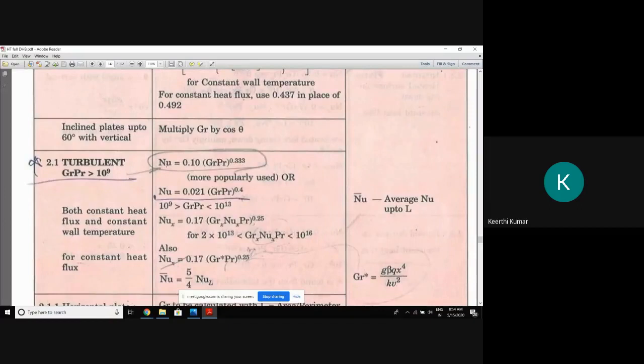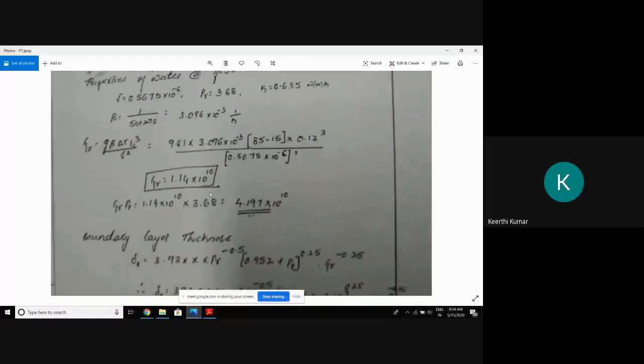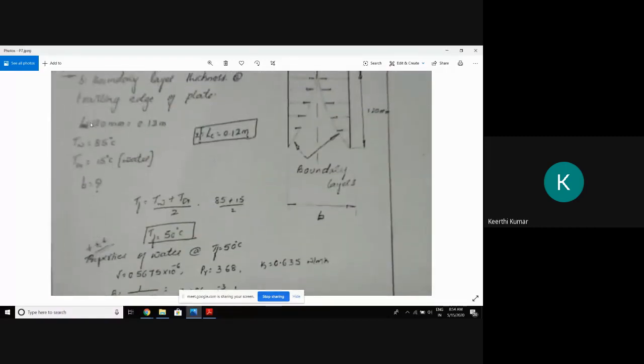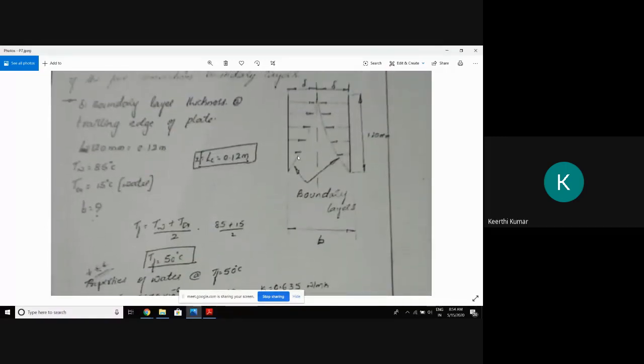But here I am not going to do anything with the Nusselt number. What is the reason? The reason is that nowhere in the question is he asking for Q, the rate of heat transfer between the plate and the fluid. He is just asking what is the thickness, meaning what is the gap between these two plates I am supposed to maintain such that the two boundary layers will not cross each other. So he is asking for the gap between these two.